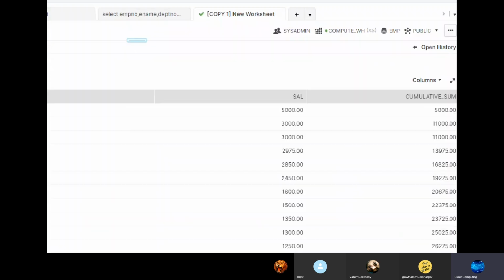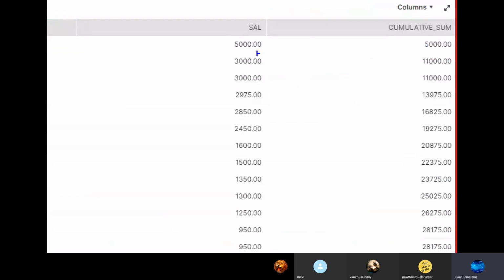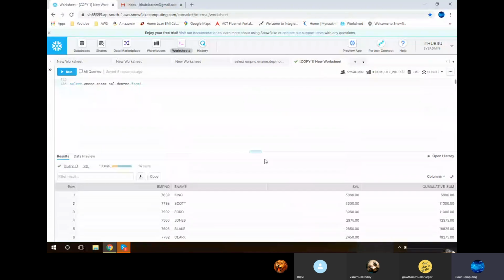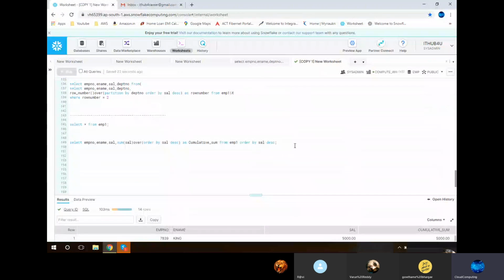Okay, so if you see here, it is showing 5,000, 3,000, and some other information. To understand very easily what I am doing, I am changing one or two records with an update command.